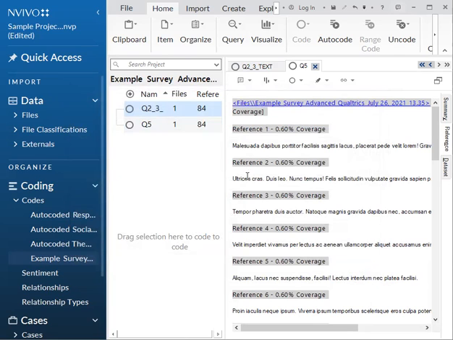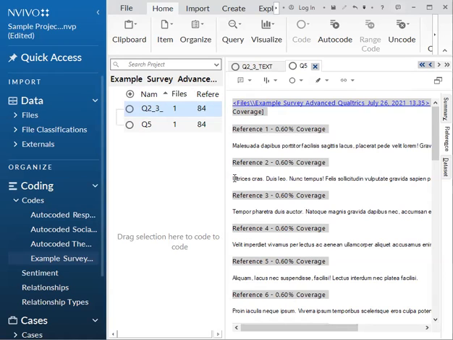So instead of going through each survey response, like all 82 of them, and going through the entire response, you can just code the free response on its own by itself. So from here, I can directly code all the open-ended responses without having to navigate the rest of the data. So it just makes it a little more streamlined.